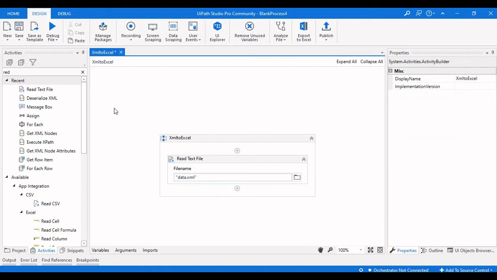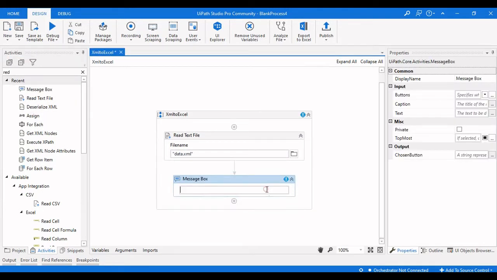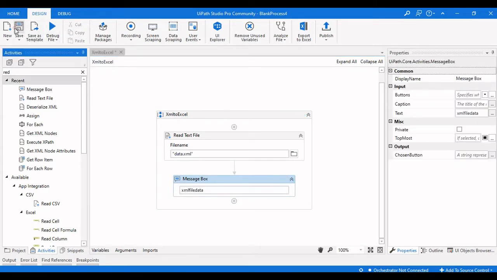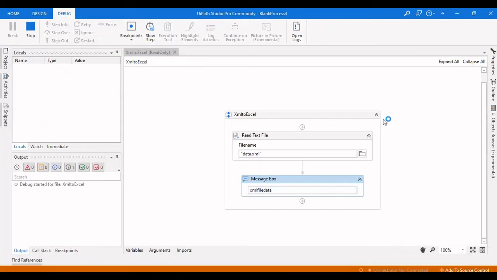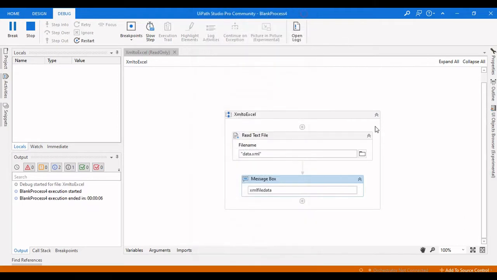And let's verify what's the data that we are getting here. Let's run this. We need to get all the content that is present in the XML file, and here we got all the data that is present in the XML file, so it's working.